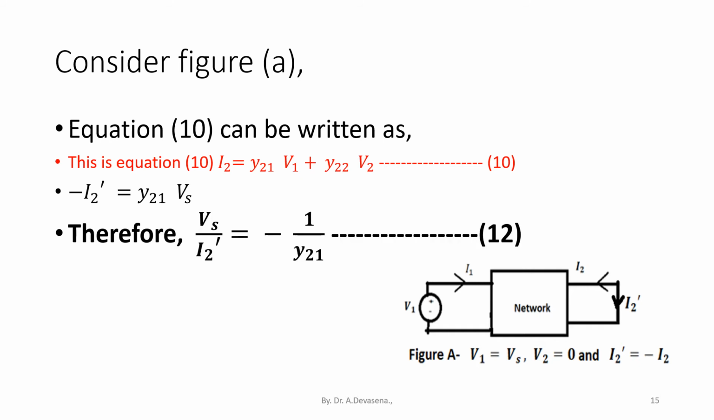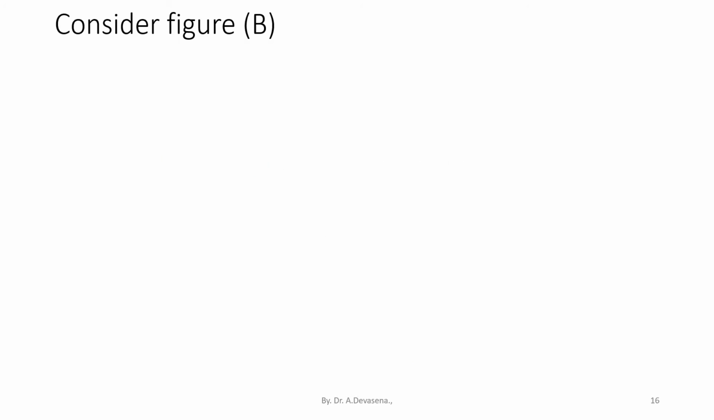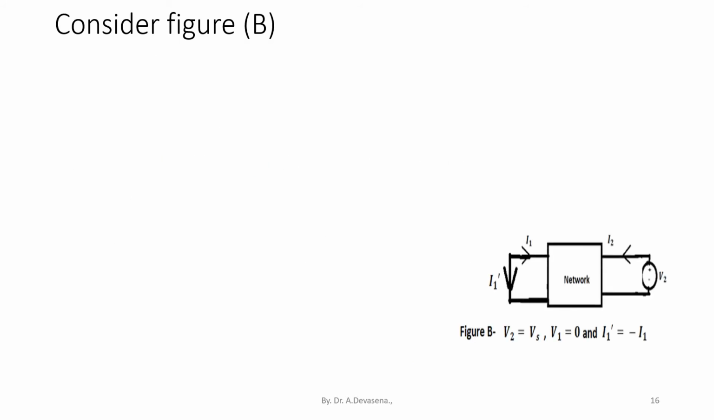Therefore, vs divided by I2 dash is equal to minus 1 by y21. I have considered this as equation 12. Now consider figure B. Here, v2 is equal to vs, v1 is equal to 0. That is, the input voltage is short circuited and I1 dash is equal to minus I1 because I1 dash and I1